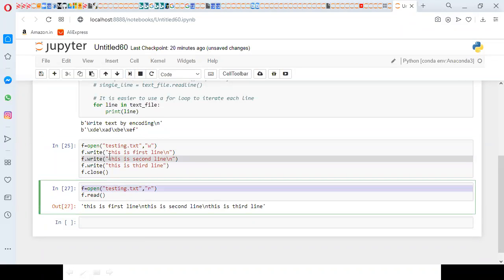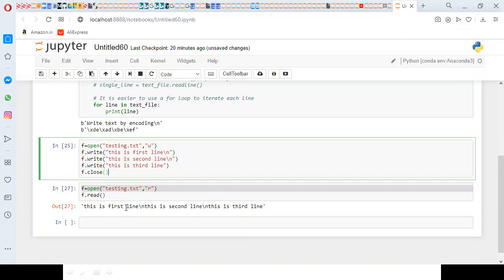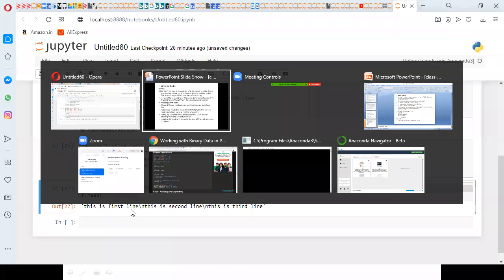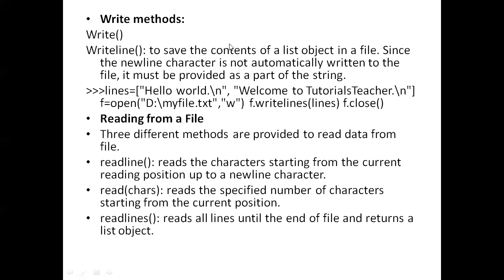So here we have different methods to write content into a file. We are not seeing much differentiation here. Anyhow, if you want to write a number of lines, then we can go with the writelines method. For reading purposes also, we may go with either read or readlines.